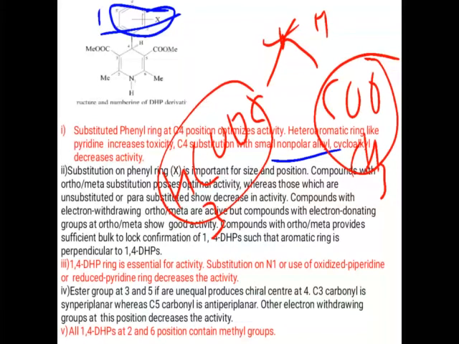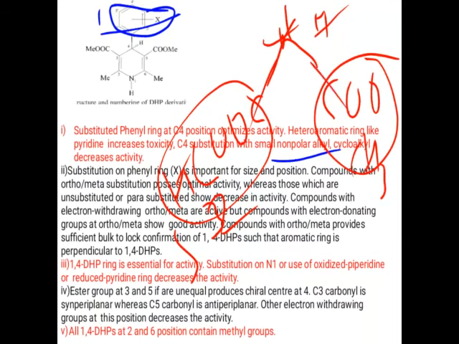Okay, if both groups are the same, there is no problem. But suppose one group is ester and another group is different, it may be C2H5. Now this carbon has one hydrogen at this position, a phenyl ring, this is COOC2H5, this is COOCH3. In that case, the carbon becomes a chiral center, so it will have different stereochemistry. At the third position it is syn periplanar, and at the fifth position the carbonyl group is